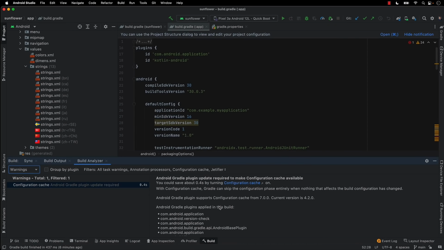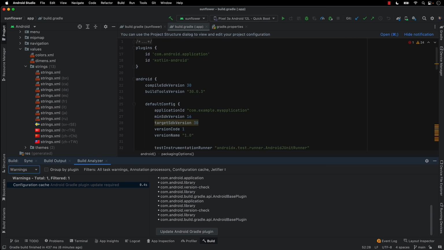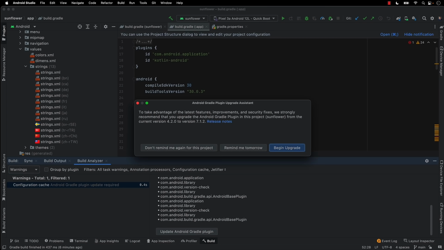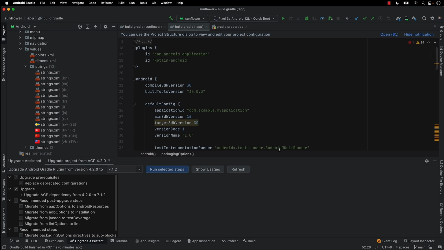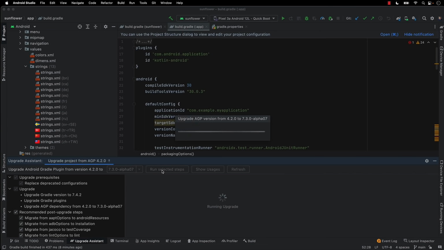It tells us that we should turn on configuration caching, but that to do that, we'll have to upgrade our Android Gradle plugin version. We're always working on performance, so the easiest thing you can do to improve your build speed is to stay up to date with the latest versions, not just of AGP, but the Kotlin compiler as well, and probably other plugins. Here we can choose the version to migrate to. It suggests the most recent stable version, but I want the latest and greatest, so I'm going for it.